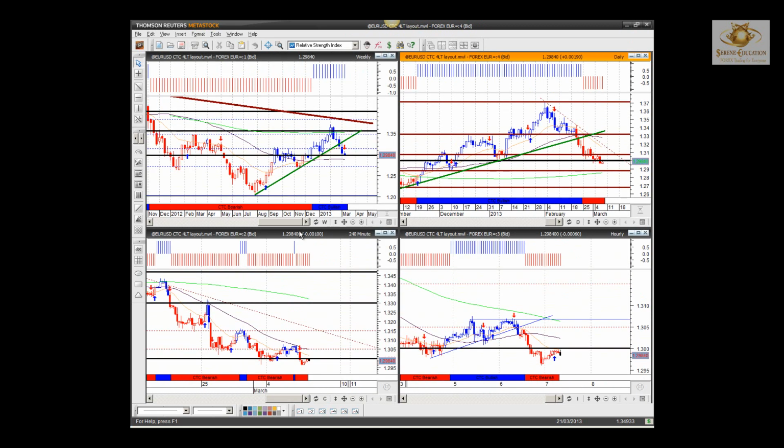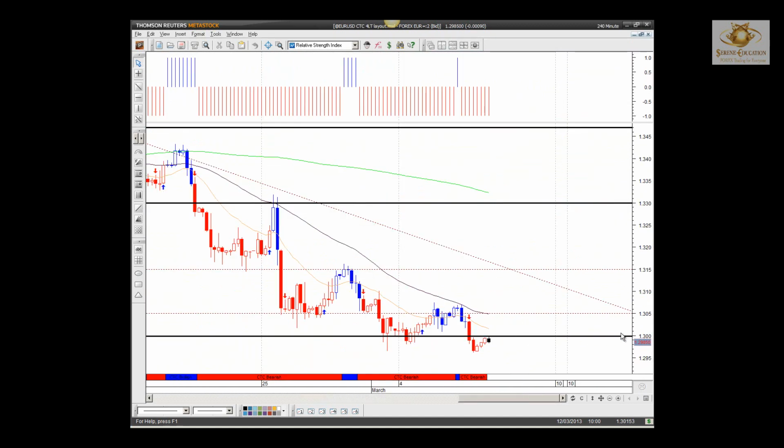So work into your 4-hour time frame. There we go. There's my 1300. Look at price support recently, so the start of March, and now you can see the breakout yesterday moving lower. However, over the last 12 hours, price has pulled back, and as long as it maintains below 1300, then we should be looking for potentially a nice bearish engulfing candle.